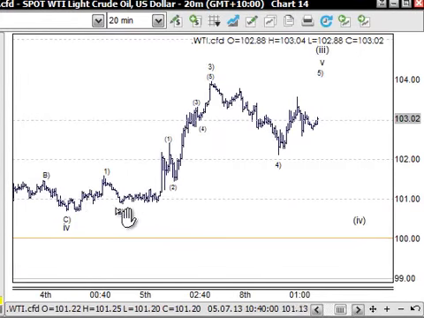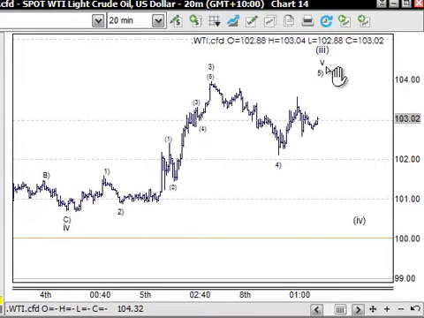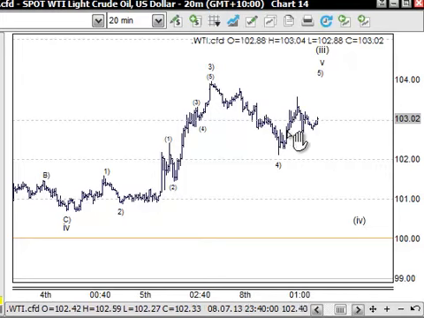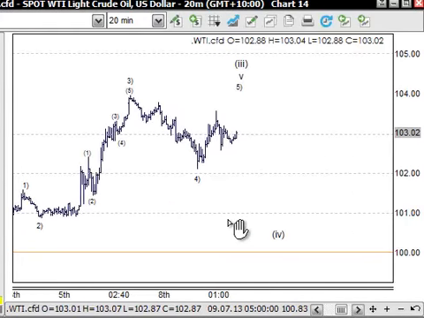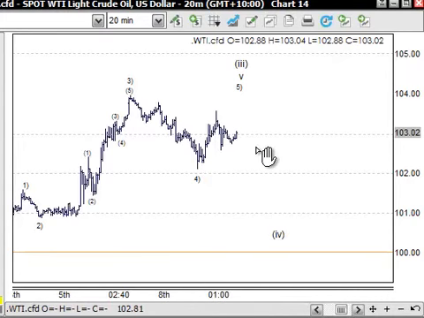So basically the 1, the 2, the 3, the 4 here, and the 5 up through to here, moving up further. And we can see that this little move here to me is an impulse wave, because we've got 1, 2, 3, 4, 5. So let's just see how this pans out through here, because the other thing too is that I also see this as working across. It's important to stay with the trend,